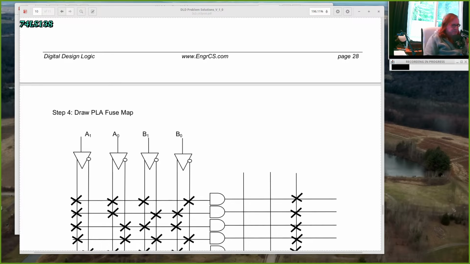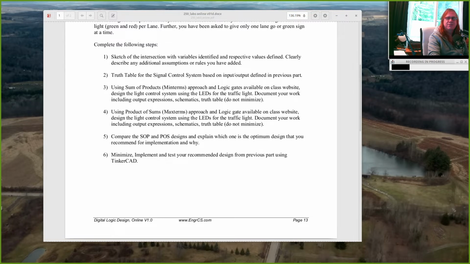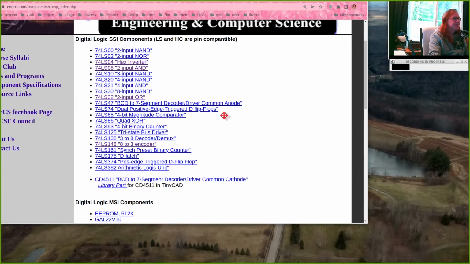All right, let me talk about two more complex logic gates available: the 74138 and the 74148, and then we'll talk about programmable logic. But we started talking about multiplexers and demultiplexers, and so I'm back on the